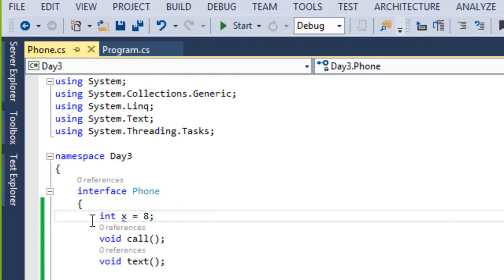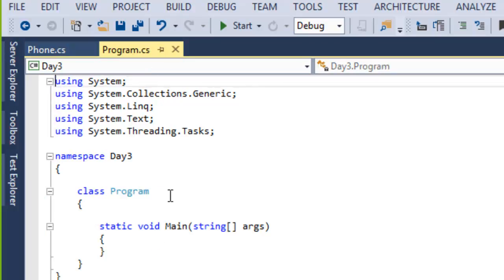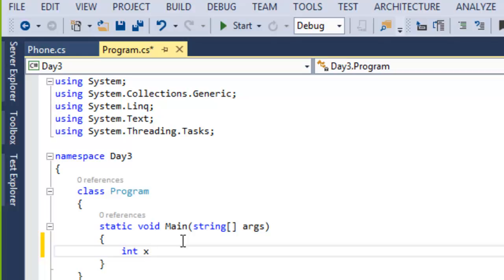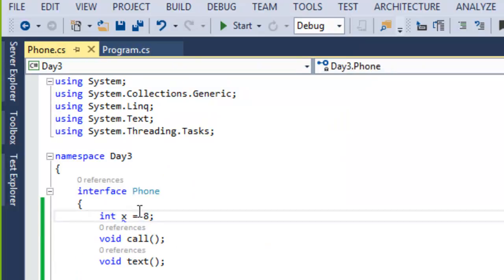That is, you cannot declare fields inside an interface as in a class. In a class we can declare any number of variables, right? But in an interface you cannot declare the fields. It is not possible in an interface.